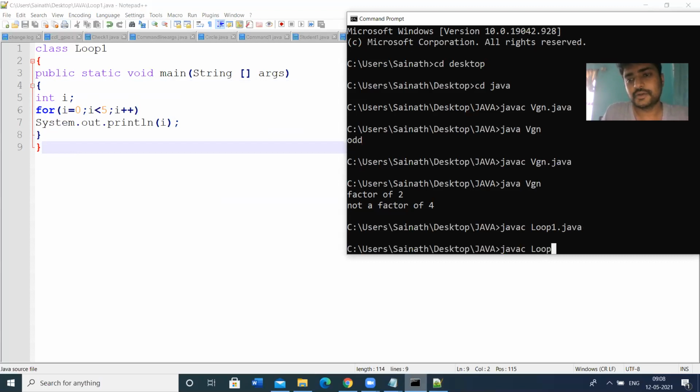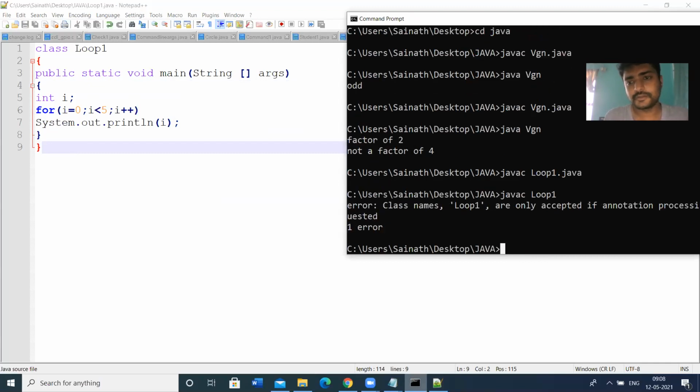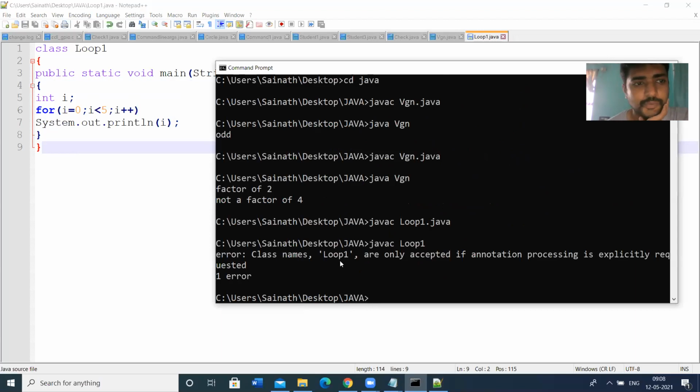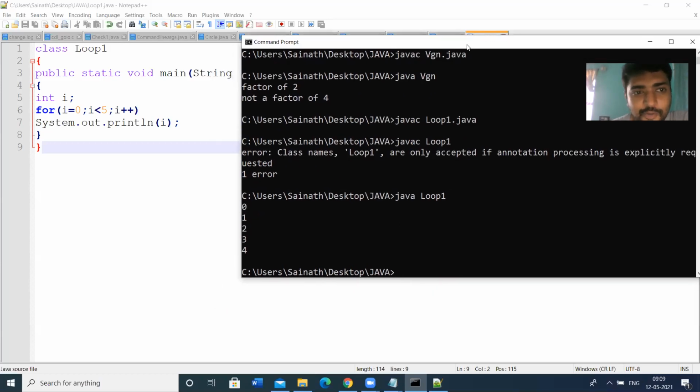Then java with the class name loop1. Let us execute this. So there is some runtime error: class names loop1 are only accepted if annotation processing is explicitly requested. So let us compile with javac and run with java loop1, and check this output.